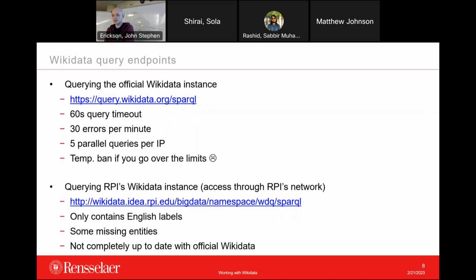There also are some missing entities, which partially is because of this last point, that it's not completely up to date with the official Wikidata. But it also does seem like there's some entities that are missing for unknown reasons, which maybe will be diagnosed at some point. So the information that's on RPI's instance isn't complete, but there aren't going to be those same limits as the official public endpoint. So if you need to do queries that are going to take longer, or if you need to do a very large amount of queries in a short amount of time, then trying to use RPI's instance could be